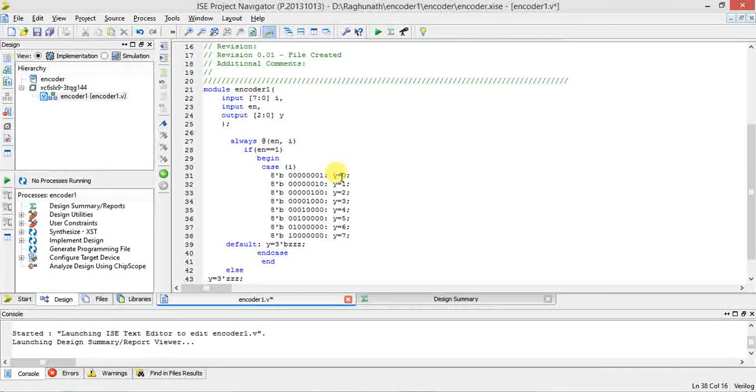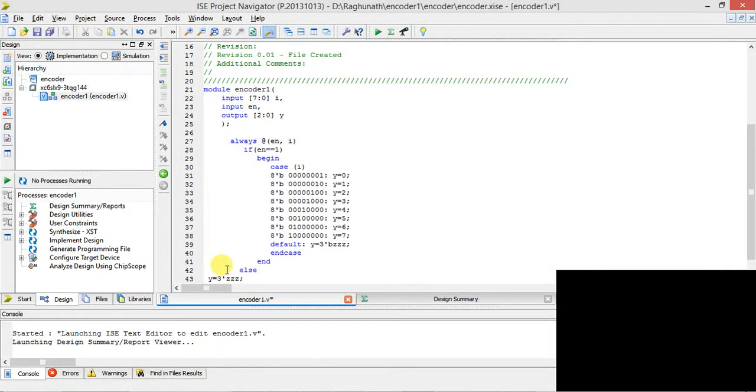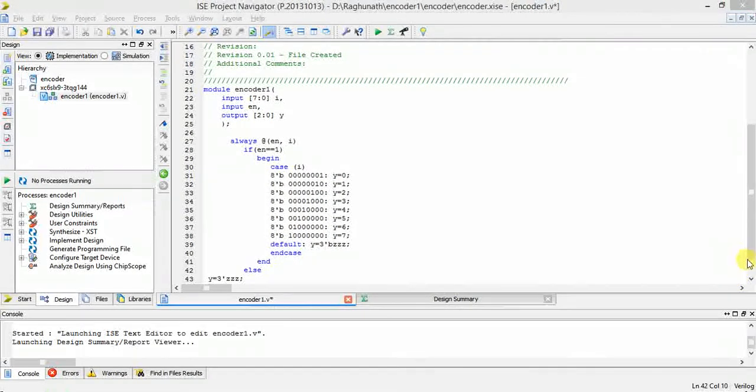And again in this coding also y is equal to 0. In decimal simply write 0, or if you want to write in binary, 3'b000. Like that you have to write. For 8 cases, we will get this output. For other cases, the default value is 3'bzzz. So this case should be ended here, endcase. This begin should end here. For this case, this is the endcase. For this, the if part is this. The else part is this.